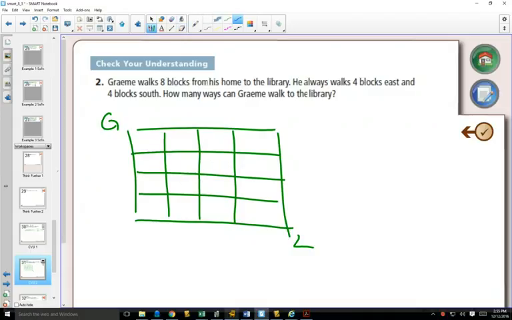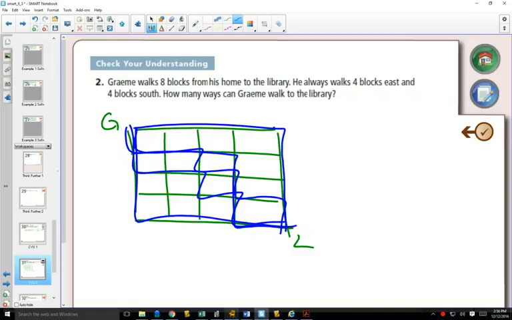Perfect. Okay. So one possibility is Graham could go straight 4 blocks east, straight 4 blocks south. That would be one. Okay? I'm going to draw some other possibilities here. This is not a good strategy, but I'm going to draw them, you count them, and you tell me if I ever repeat. Ready? Okay, so we did one, there's one, here's another one, there's another one, count them up. You could go this way, you could go all the way this way, you could go that way, this way,